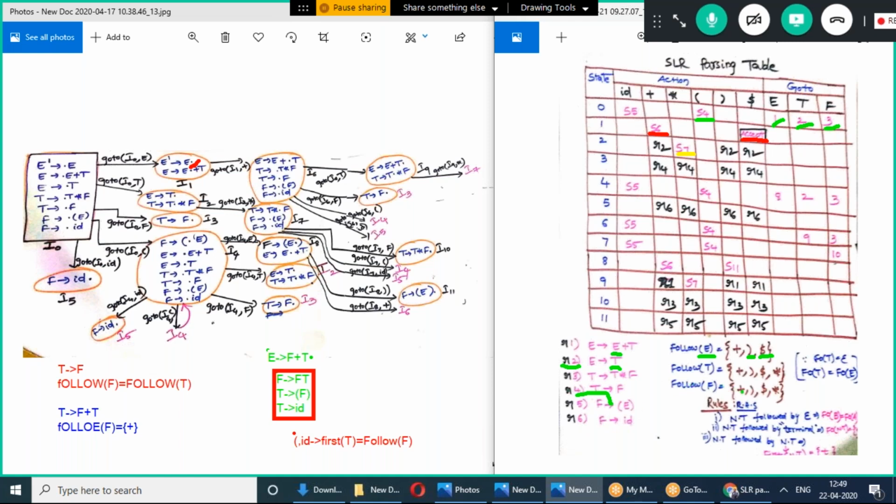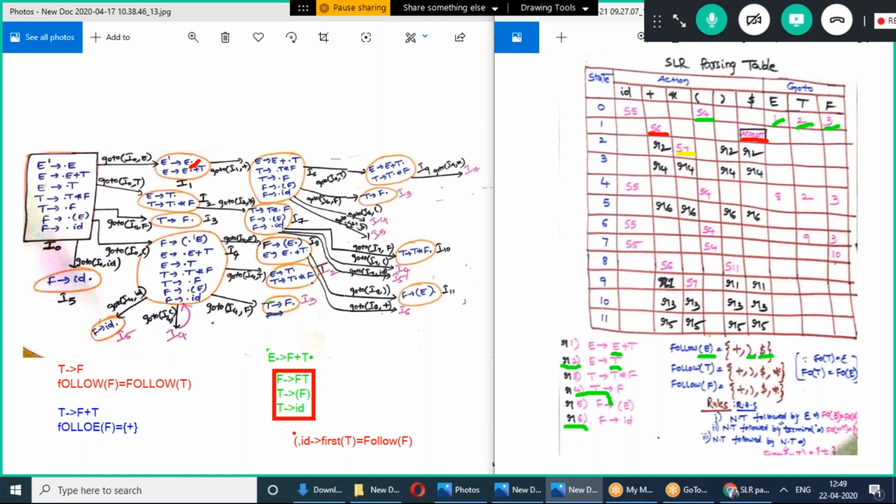Follow of F is plus, close parenthesis, dollar and star. On these 4 positions, R6, because this is the 6th production, that's why we are keeping R6 at follow of F: plus, star, close parenthesis and dollar.